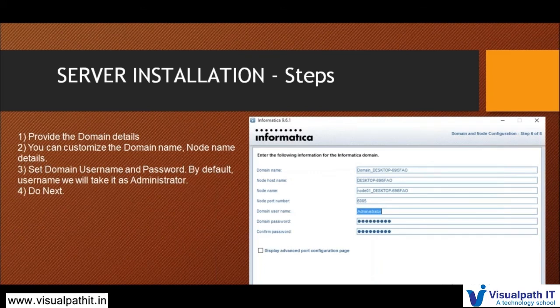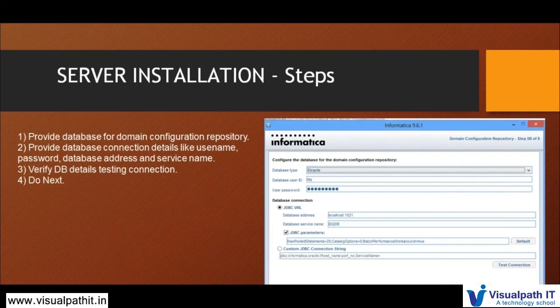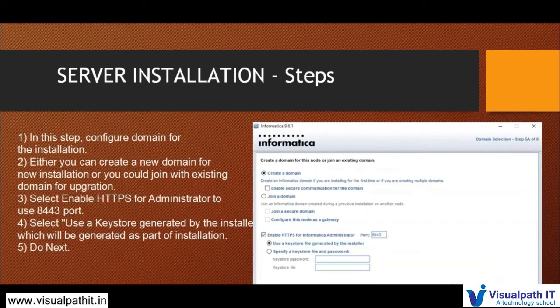In the previous step we were prompted to create a domain or join a domain. Create domain is for a fresh installation. If you already have an existing one or are upgrading, then you will choose join a domain, and the existing domain will be joined with this.